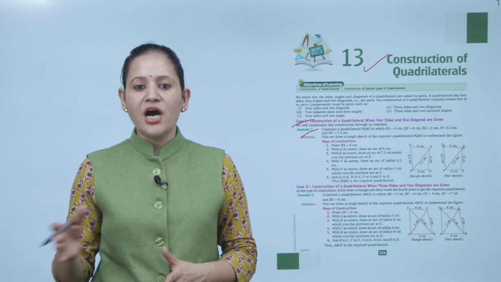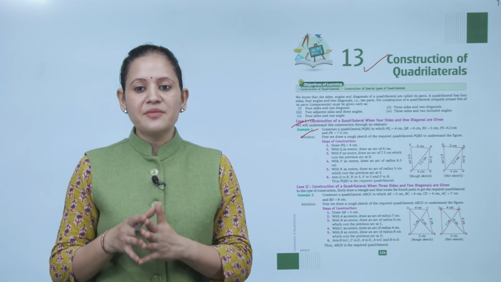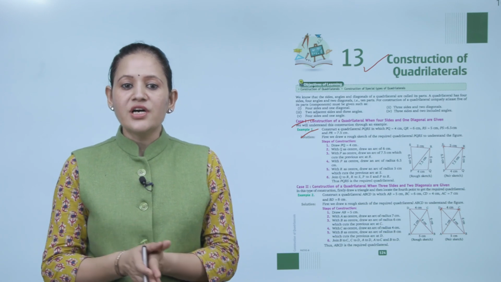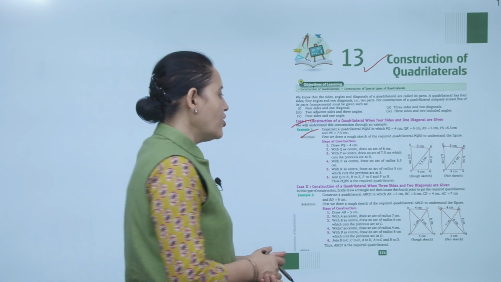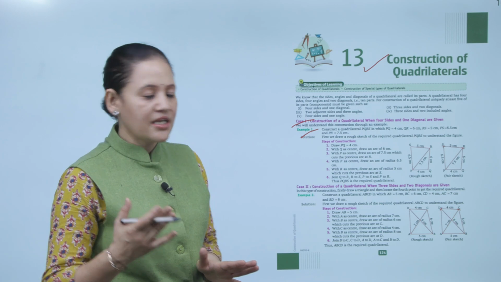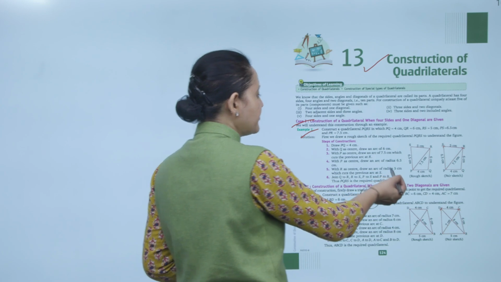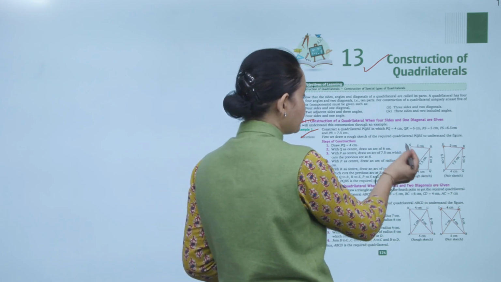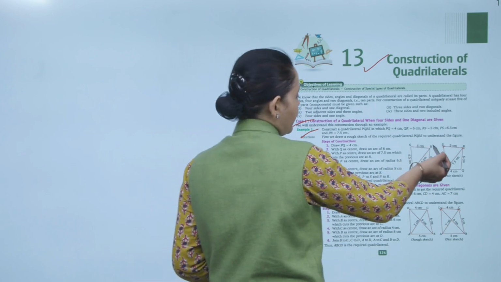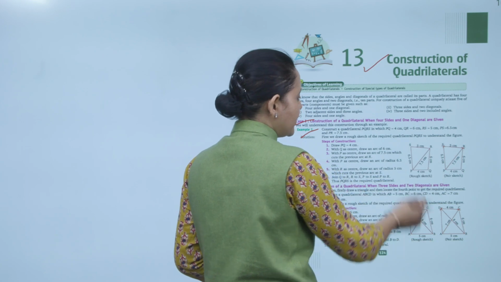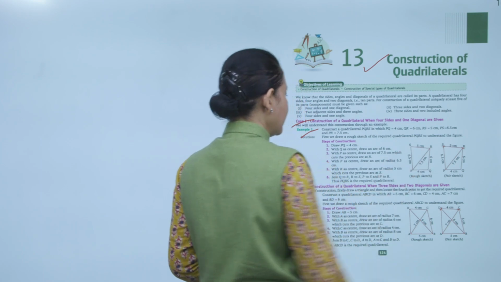Construct a quadrilateral PQRS in which PQ 4 cm, QR 6 cm, RS 5 cm and SP 6.5 cm, and diagonal RP 7.5 cm. So, first we will draw a rough sketch of the quadrilateral PQRS to understand the figure. It will be easy for us to understand how to draw the quadrilateral. So, this is the rough sketch. PQ 4 cm, SP 6.5 cm, RQ that is 6 cm, RP diagonal 7.5 cm and SR that is 5 cm.